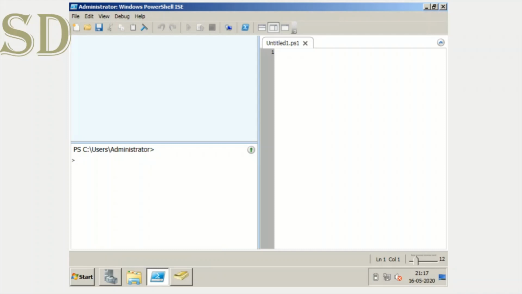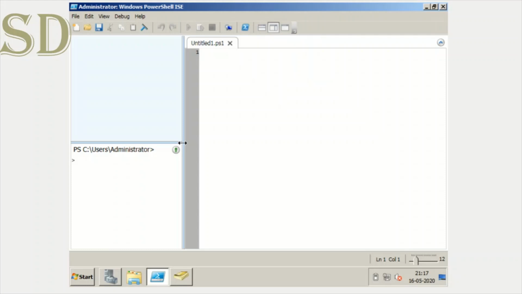Let me tell you some features of PowerShell. You can do a lot of things in PowerShell, such as automating your processes, starting from Notepad, starting from any applications you have, any system applications or any process level automation.